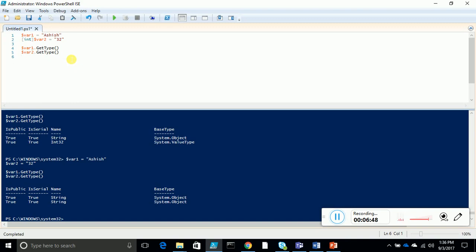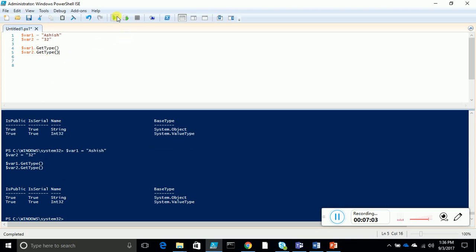Suppose, now let's try to run it. Okay, so you see this is 32. Now let's try to do one thing. If I do not declare the type for variable 1 and variable 2 values, then automatically it is a string, right? Now let's do one thing. Variable 1